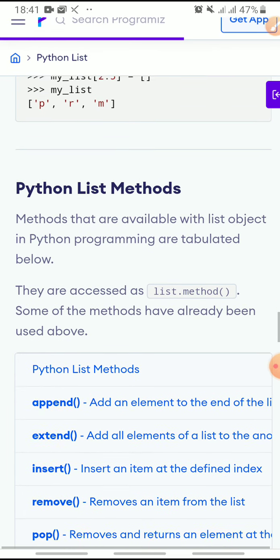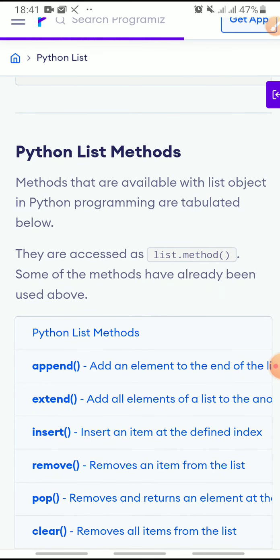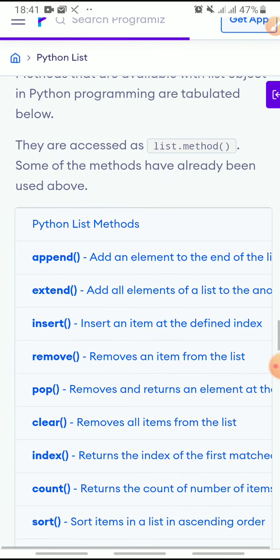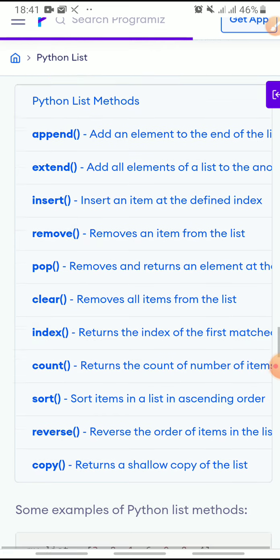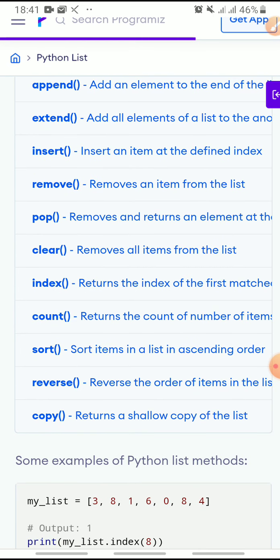There are some list methods which we have already covered in the 11th class. Append method we discussed, extend method we discussed, insert method we discussed, remove we discussed, pop we discussed. Clear means remove all the elements. Then index: if I want to search for an element in the list, it will return the index position.